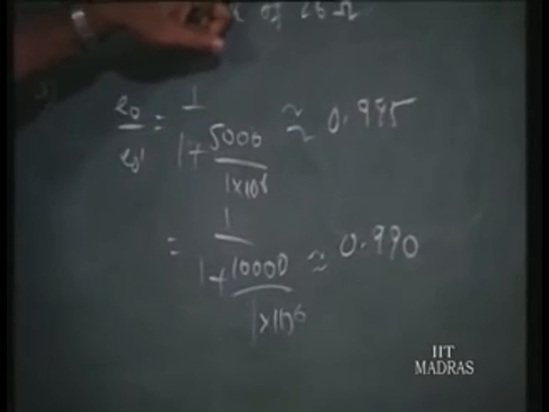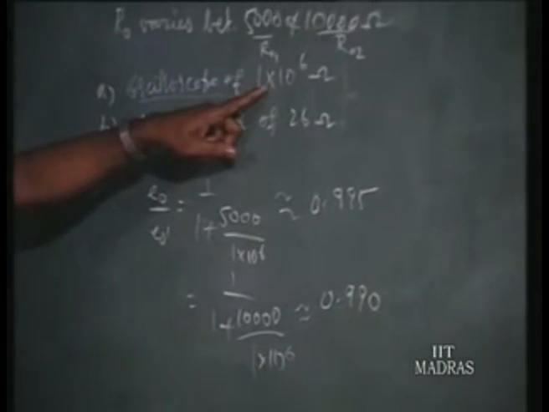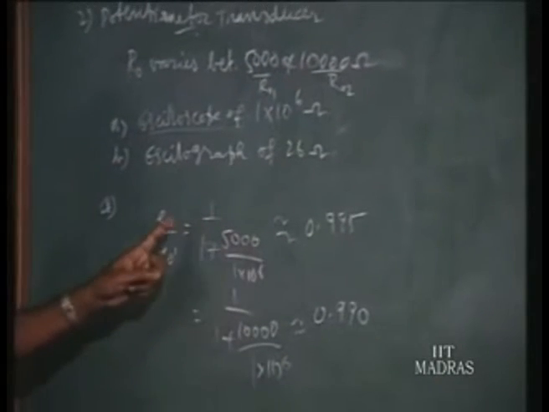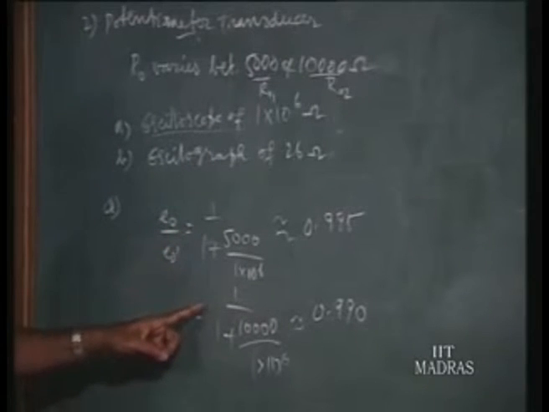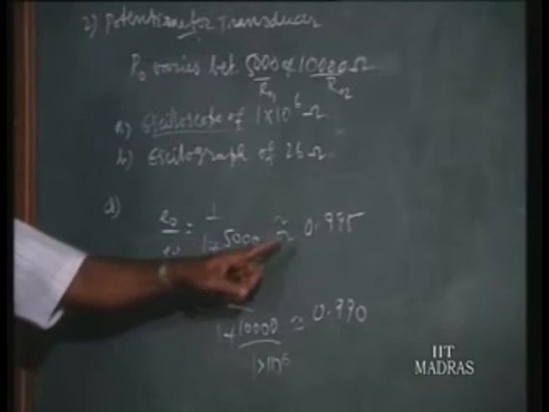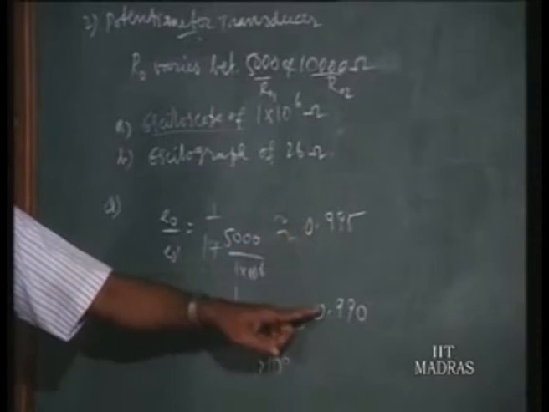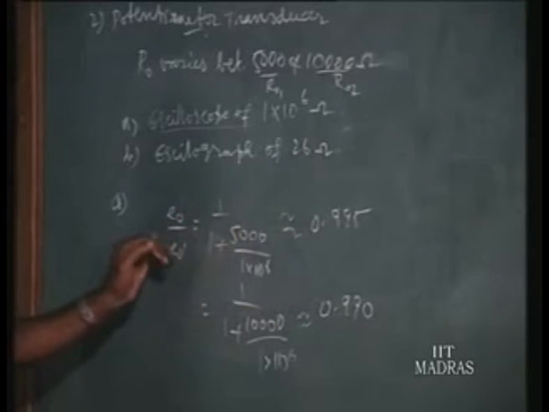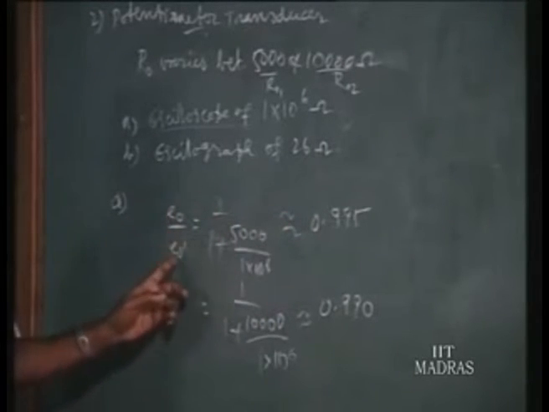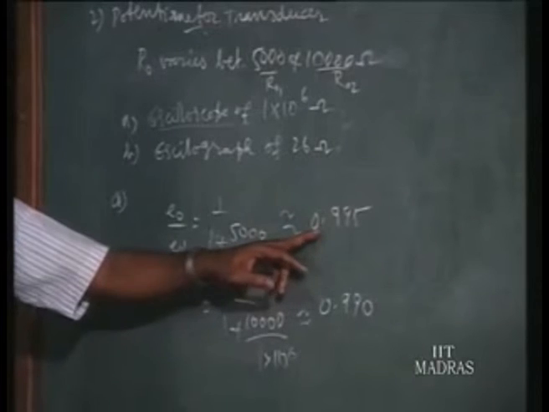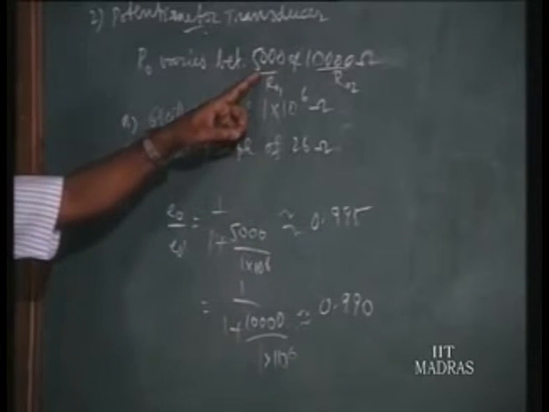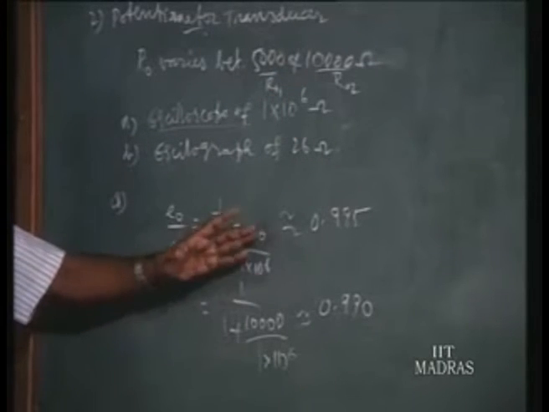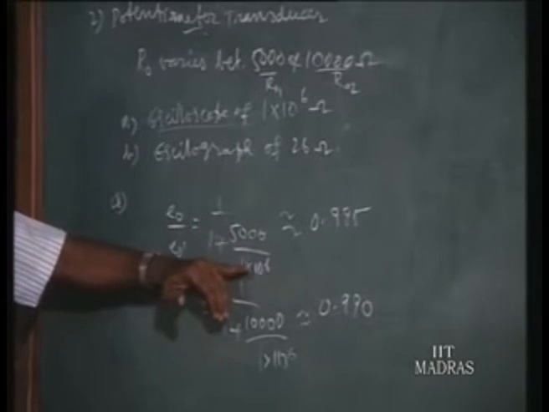Now here we have to learn one point. Since the input impedance is of the order of 1 mega ohm and the output resistance is only a few thousand ohm, though the loading effect is varying, the ratio is near about 1 only. That means EO will be very near to EO dash. It is because the input impedance is very, very large. 10 to the power 6 is 100 times more. We want only 10 times more, but here it is 100 times and more.